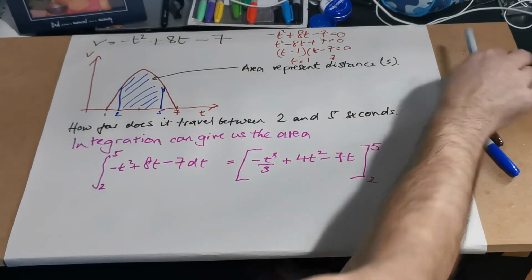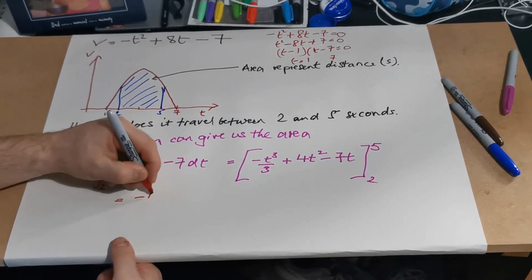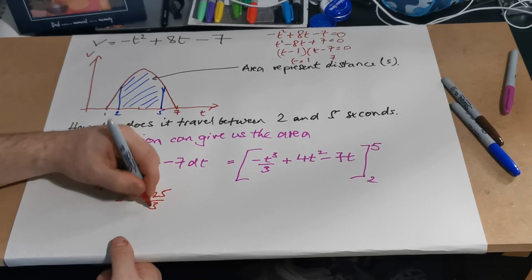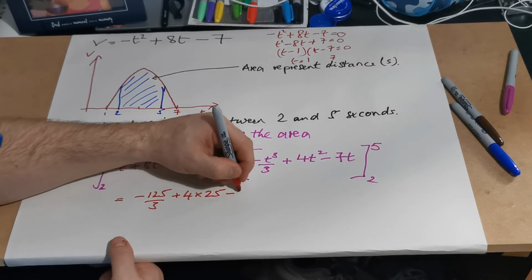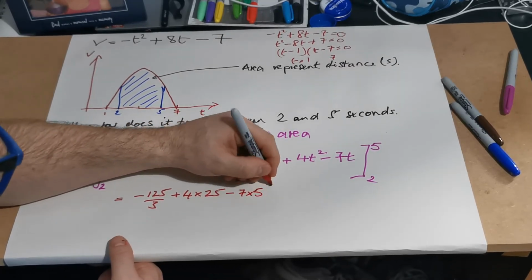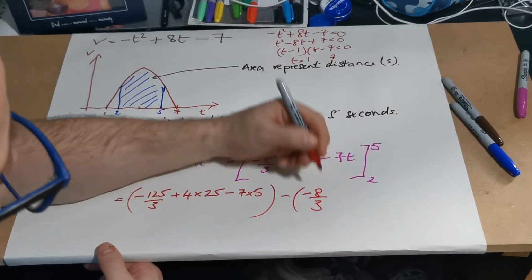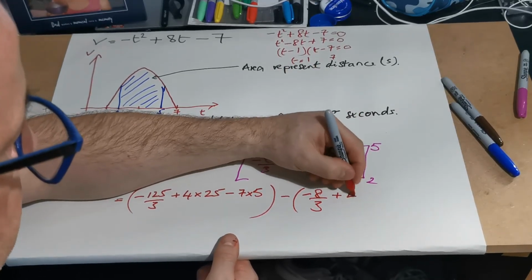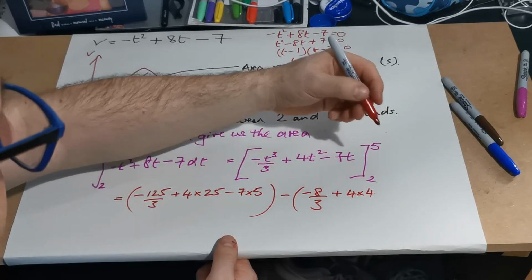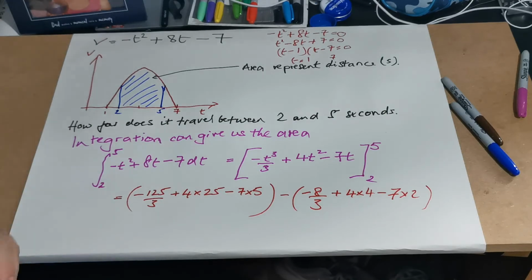So putting that into my separate brackets, I'm going to have minus 125 over 3 plus 4 times 25 minus 7 times 5, take away minus 8 over 3 plus 4 times 4 minus 7 times 2. So looking at this, I've got